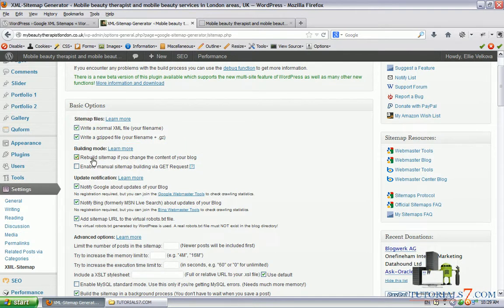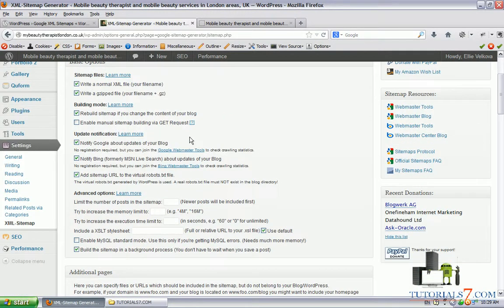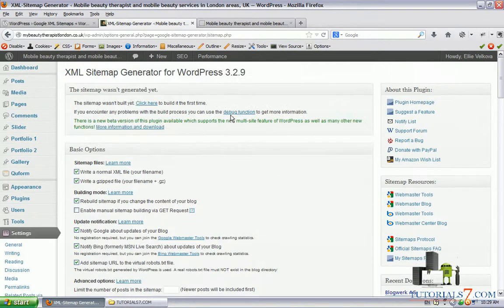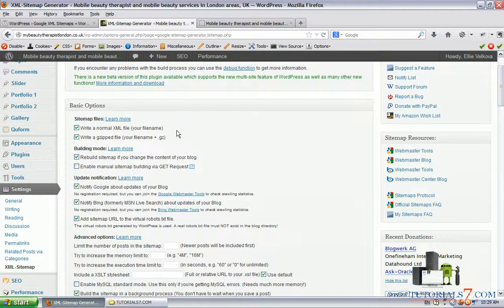We can rebuild the sitemap if you change the content of your blog, so it is nice to leave this option as default. Or we can enable manual sitemap building, but we will leave this as default because we can come here and at any time click to rebuild the sitemap. You will see this later.